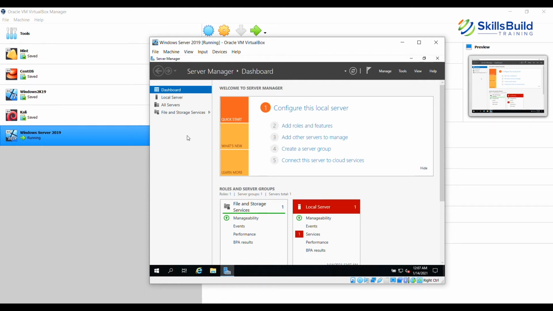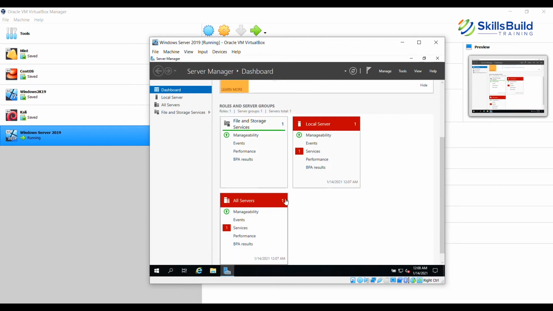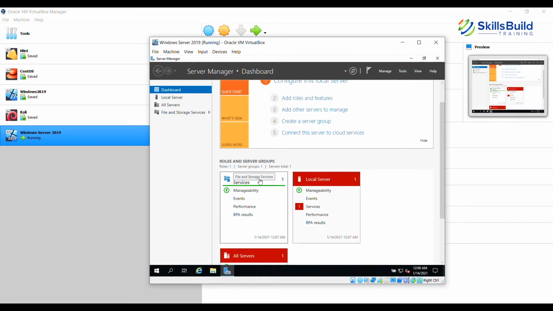In the left pane, you have the dashboard, and the dashboard gives you an overview of what roles and services are running, what roles and features are configured, and how many servers are configured. Basically there is only one server, the local server. Then you also have File and Storage Services running on this server automatically.